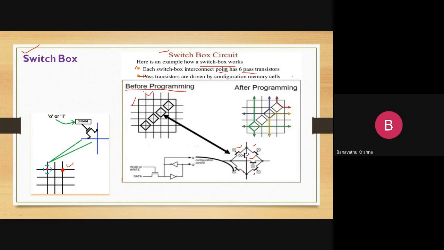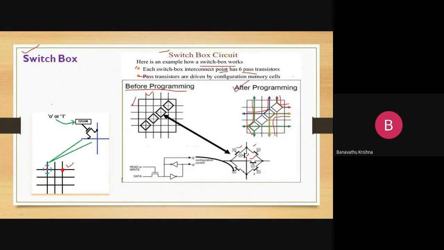So this is before programming. After programming, let us see the green lines. This is a green line like this, so the connection goes from this way to this way. And here this is a blue line in this way, and this maroon line like this, and the yellow line like this. So these are the different connections. After programming, it is going to be in this way. Let us see how it is going to be programmed.